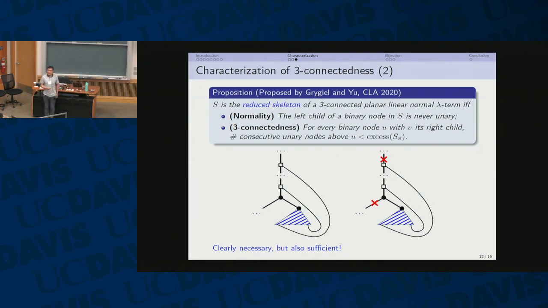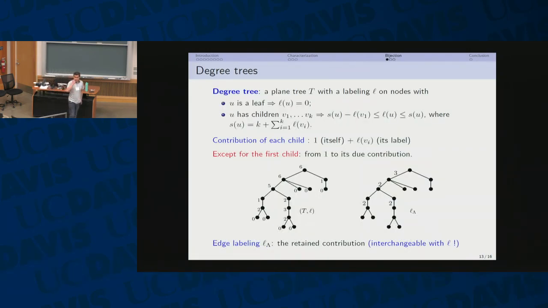Once we have the characterization, we can do the bijections. For this, I will need a new intermediate model called degree trees, which is simply a plane tree with labels on its nodes. If it's a leaf, then it will be of label 0. Otherwise, each child will contribute something, and the contribution of each child will be 1 for the child itself, plus the label of the child. Except for the first child, because in every culture, the first child is somehow important, somehow distinguished. It is allowed this time to retain some of the contributions,